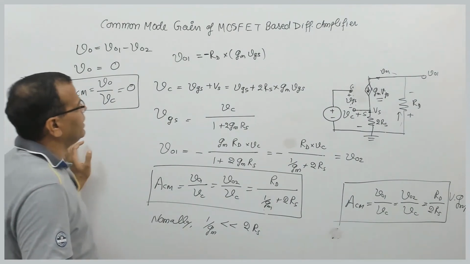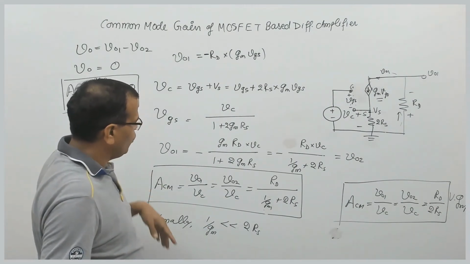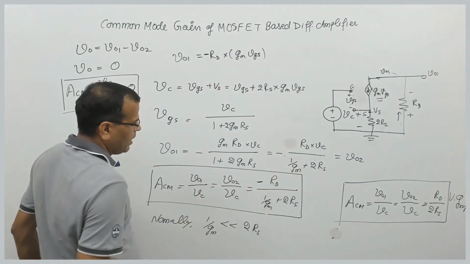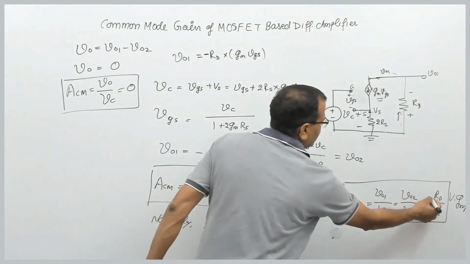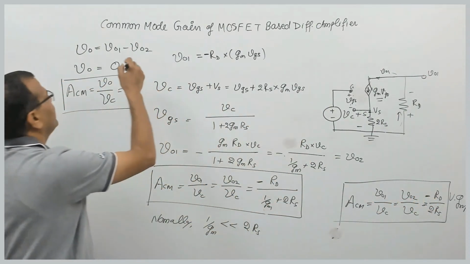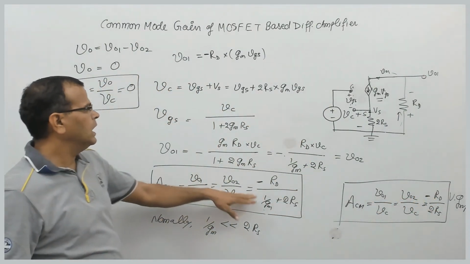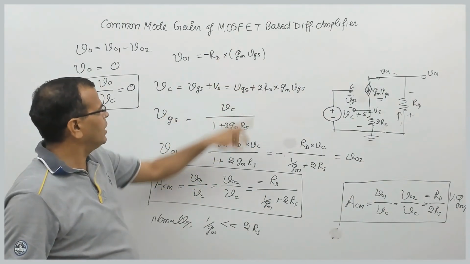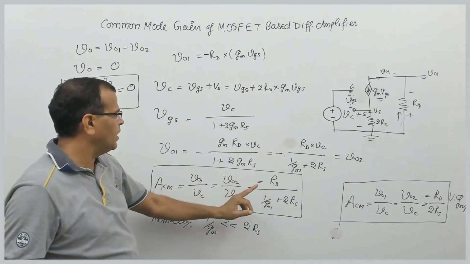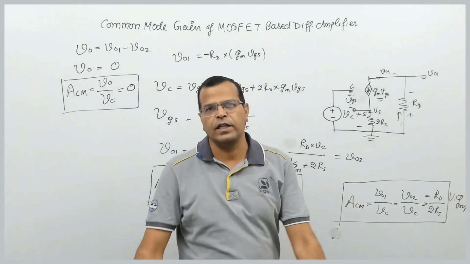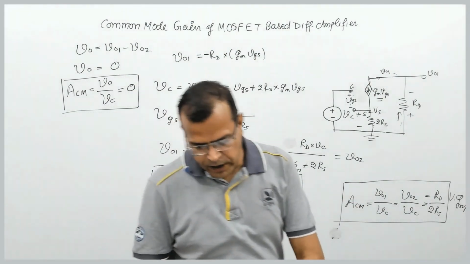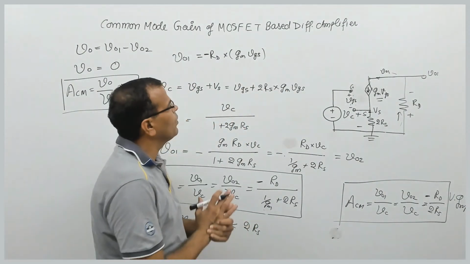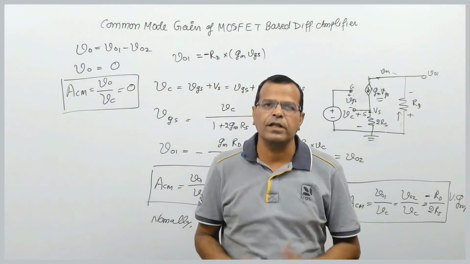Fine. So here we have skipped one thing. We have neglected one part, that was the minus sign here, because it was minus here. So please make a correction. Everywhere there should be a minus sign in the expression of the gain, because we had a minus sign here. So when you replace VGS, it has to be minus. It was minus, it was minus, so there has to be a minus sign. Fine. So that is all about the common mode gain of the MOSFET based differential amplifier.